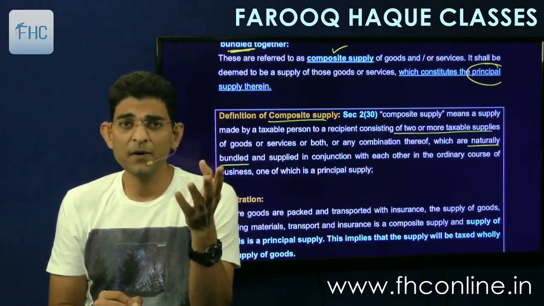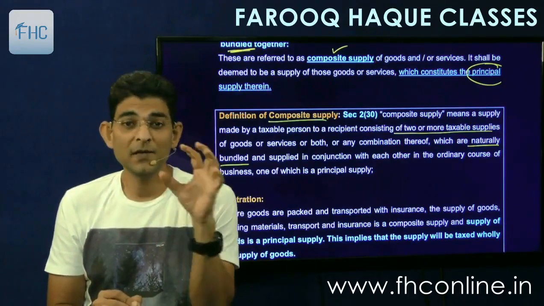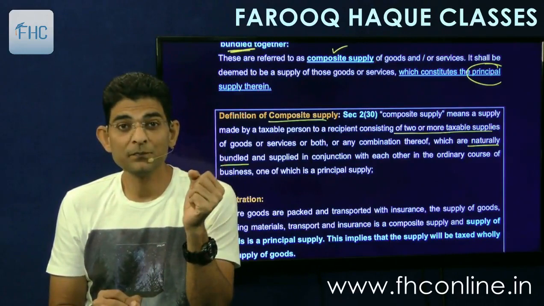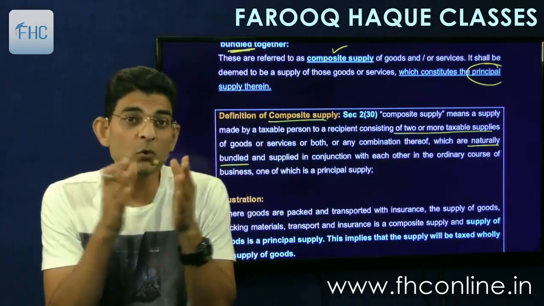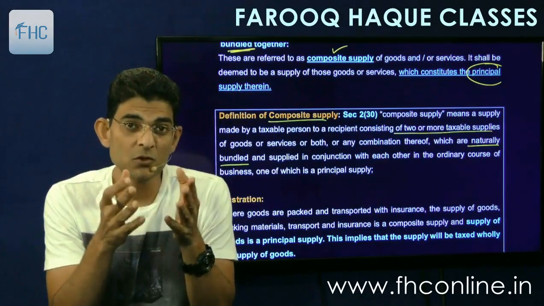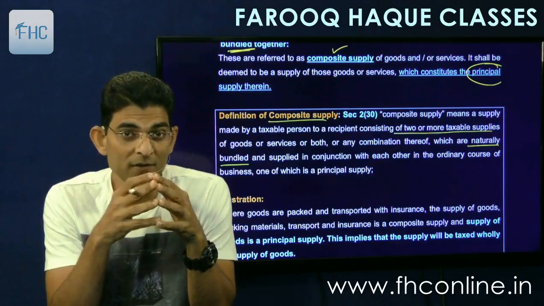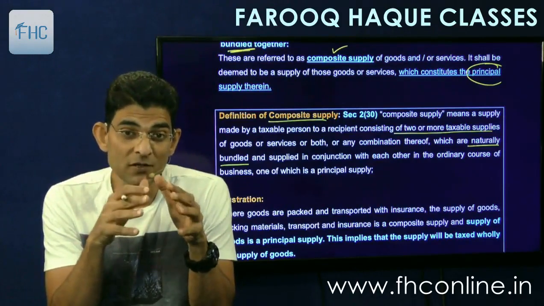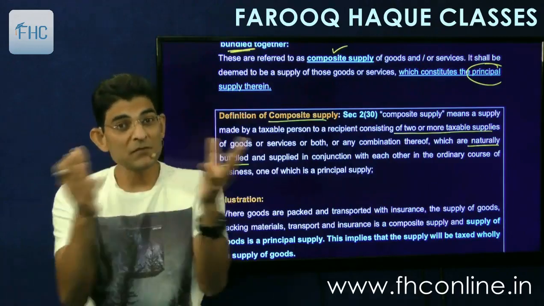If you ask for sambar, they can give you sambar. But if you ask idli sambar, they'll mix it and give it to you. So they can be sold separately, but it is also sold together. There is a dish known as idli sambar, right? So when idli and sambar is mixed together, we'll call it as naturally bundled, because that is a product. There is a product by itself which is available in the market